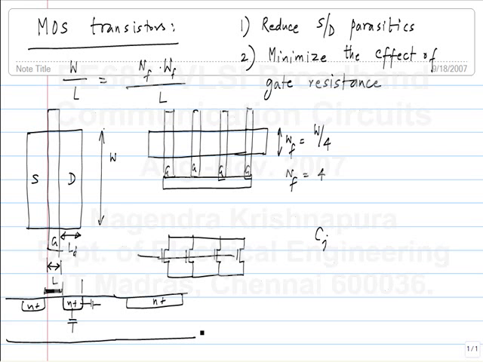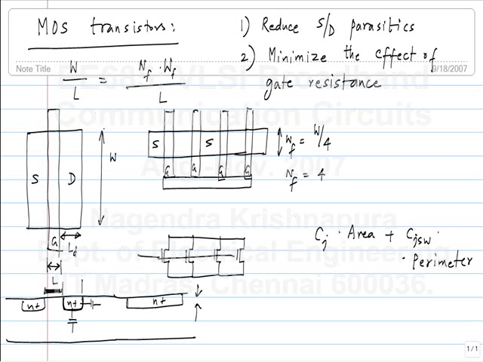Okay, this also depends on bias, but right now I am ignoring that. So I can make this small n plus region small here or large in this dimension, but I can't go into the substrate. The depth of this is fixed by technology. Okay, so the junction capacitance is modeled by something per unit area plus what is known as the side wall. This is the side wall, and this times the